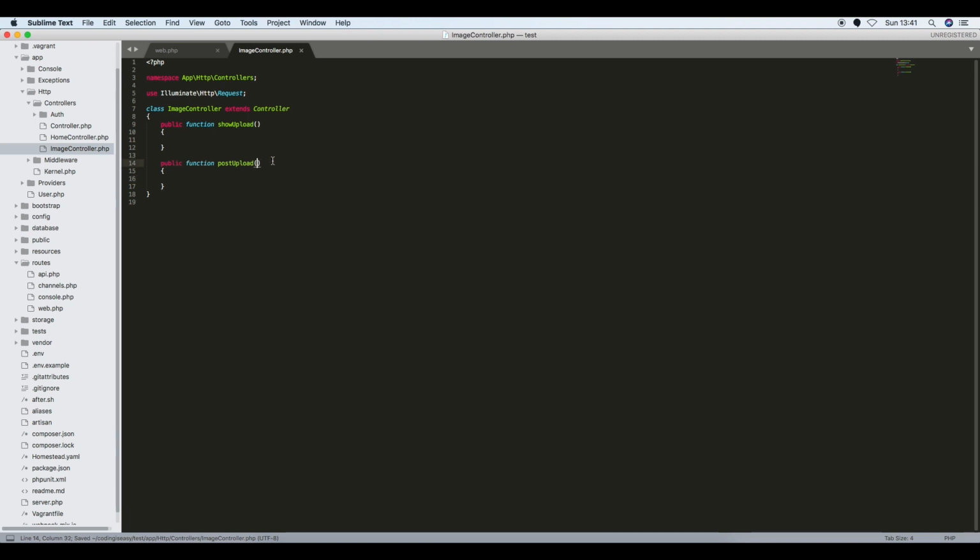On this one we need to use this request, so we need to use just like that. So this top one, all we want to do is display a view, so you just do, we'll just call it upload,